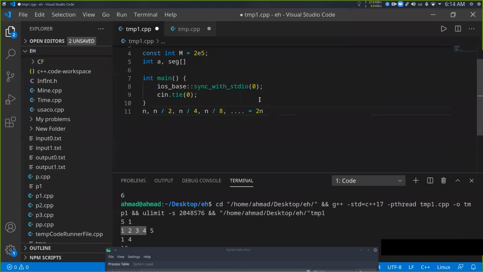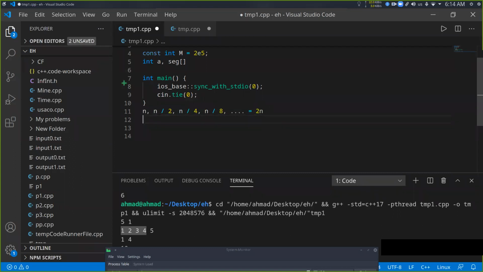There are multiple proofs on the internet, but one proof I like is through geometric looking. If you consider a square of size n, for example, or some segment of size n,